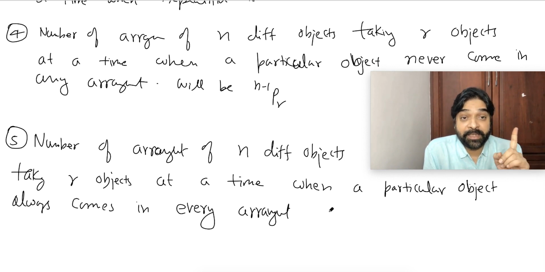Means that A, B, C, D, E, F, G, H, for example, if I say A is coming in every word,